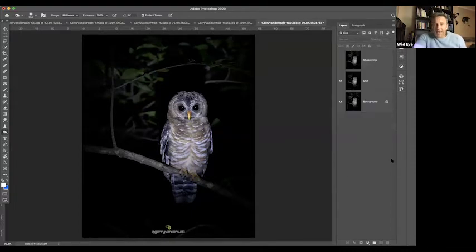Okay, let's go back. Now on the same layer, I'm going to change and I now want to dodge, which means make it a bit lighter. So on this bird, I want to make the highlights a little bit brighter, just because. Okay, too bright. See how it burnt? All I do then is I undo, and I can drop my exposure, let's say to 50, and then it becomes a little bit more subtle.